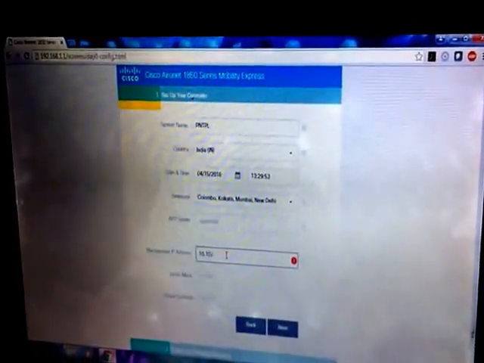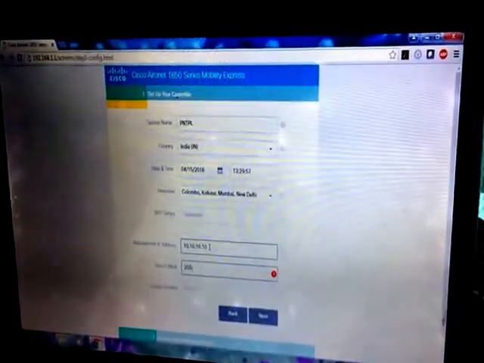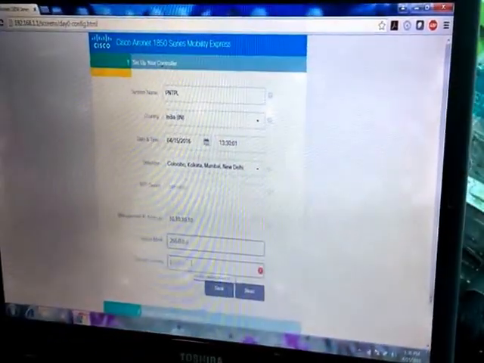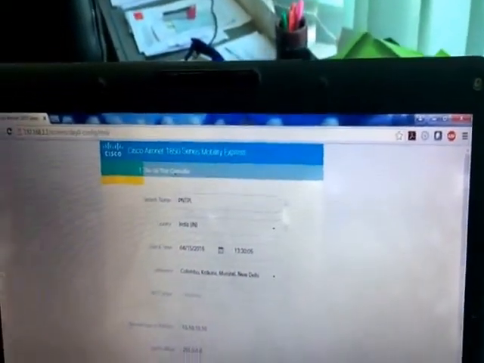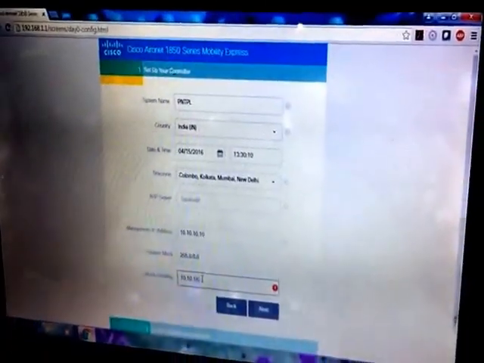I'm giving the management IP address also, 10.10.10.10 with the subnet mask of 255.0.0.0, and default gateway would be any of your LAN server or something. From there you can directly access the device. 10.10.10.1.